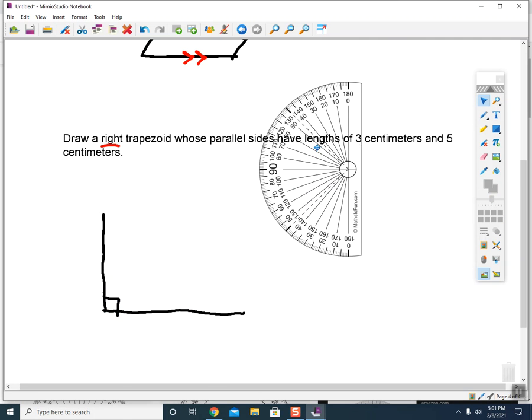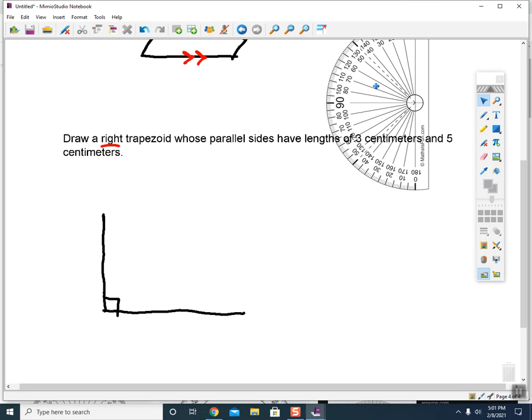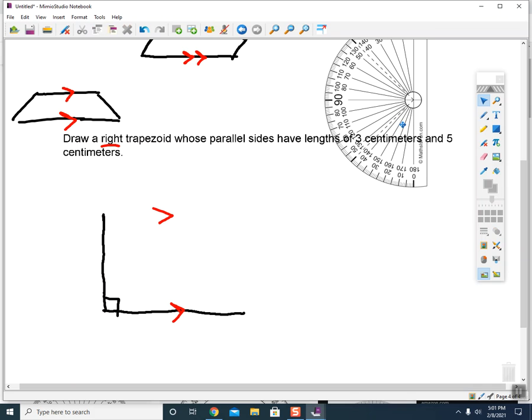The next thing that I know is that I want the parallel sides to have lengths of 3 centimeters and 5 centimeters. If you think about a trapezoid, normally the trapezoids we think about look kind of like this, and the parallel lines are the top and the bottom, generally. That's going to be the easiest. So have this bottom be one of your parallel lines, which means that your other parallel line is going to have to fall up here somewhere. And the two other pieces of information that I have are